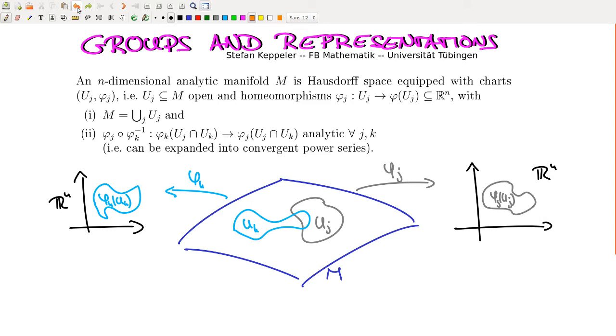And when we say the manifold is analytic, then we mean that if we look at the intersection of two such u's here, there's a part in this Rn where this intersection is mapped to, and there's a part in this Rn where this intersection is mapped to. And now we can find a map that takes us from here to here,